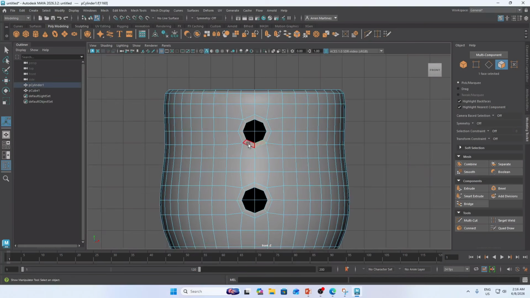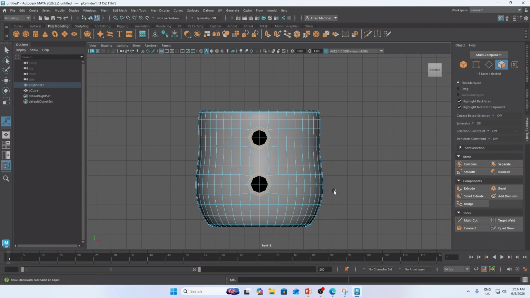Just click and press shift and then double click while you're holding the shift. Perform the same procedure. The purpose of this is that once we highlight these two circularized faces, we need to combine them.